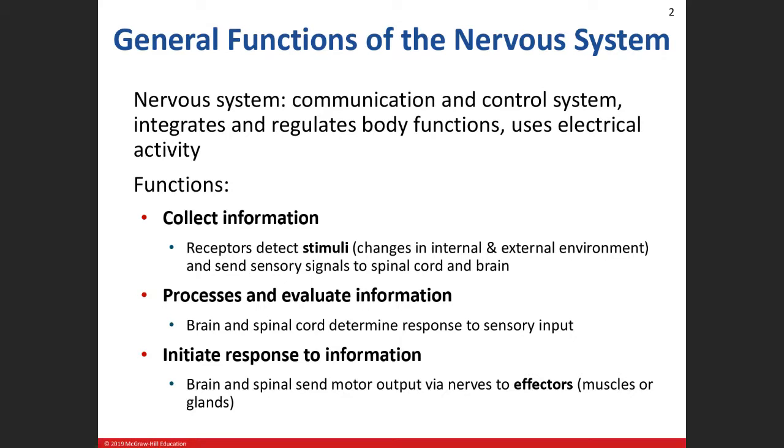Okay, so let's start off talking about a basic overview of the nervous system. Back in chapter 1, we discussed homeostasis. And homeostasis is based on the general functionality of the nervous system. We start off with the receptor that's going to transmit information to,